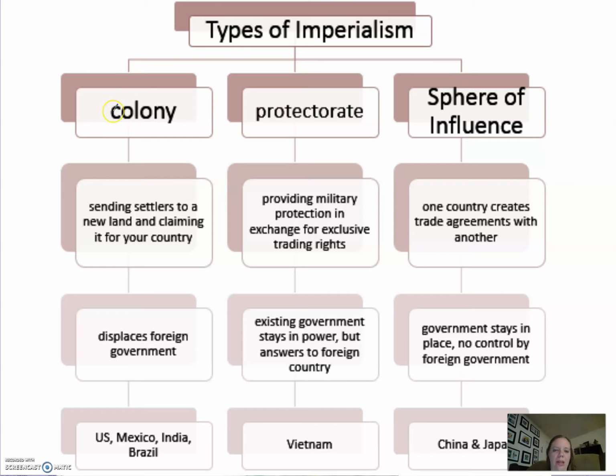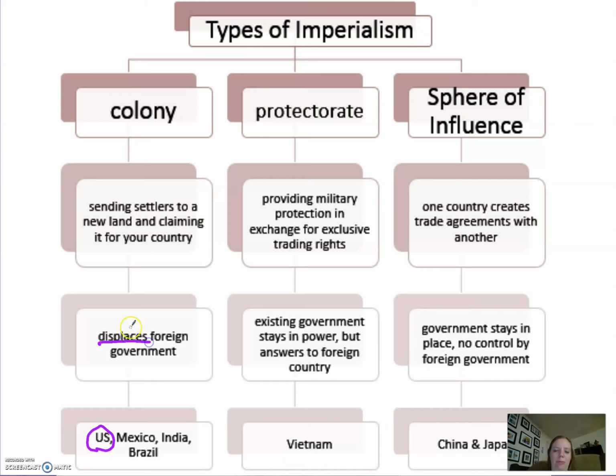The colony is a system that you're used to. This is the American system, right, that happened in the 13 colonies. Also, we've talked about Mexico in the past. Mexico was a Spanish colony. Brazil was a Portuguese colony. That concept where people move from Europe, or really anywhere, but in this case, move from Europe to the New World and create their own, it's like extending the country entirely. The land was claimed by the king, and the languages, the laws, all that were all part of the same country.